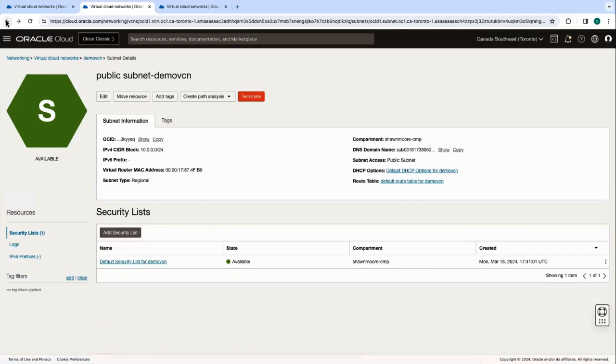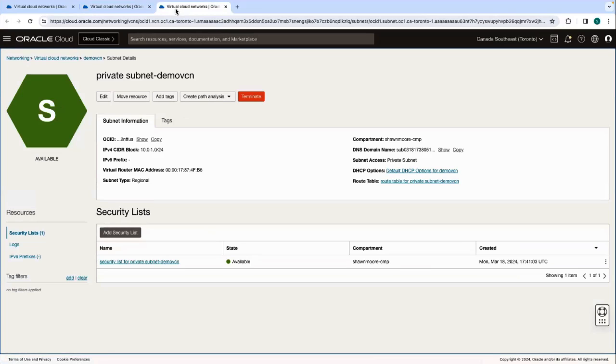And if I go back here, if I compare that to the private subnet, we'll see things that are a bit different. First thing to note, again, this is a different CIDR block. So two separate subnets for segmentation purposes. This is really where you start to lay that security framework, because we're helping create walled gardens essentially to prevent our attackers from gaining access to our most critical workloads. But on top of that, we have two different types of routing and security list postures. So if I take a look at the route table,